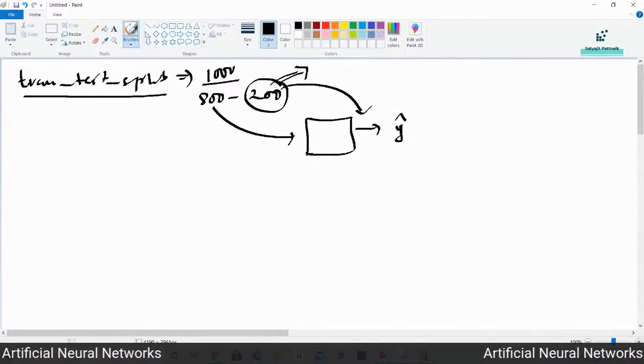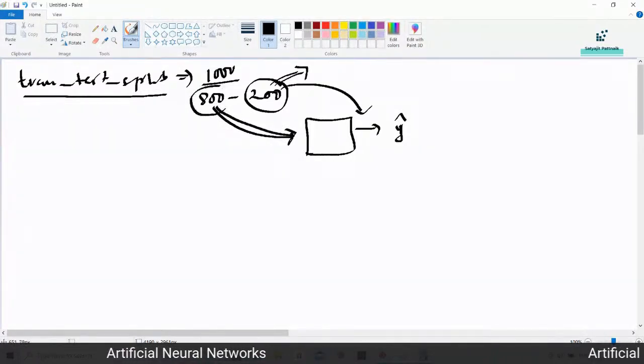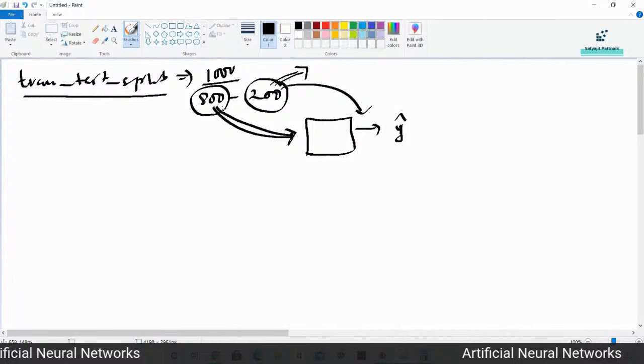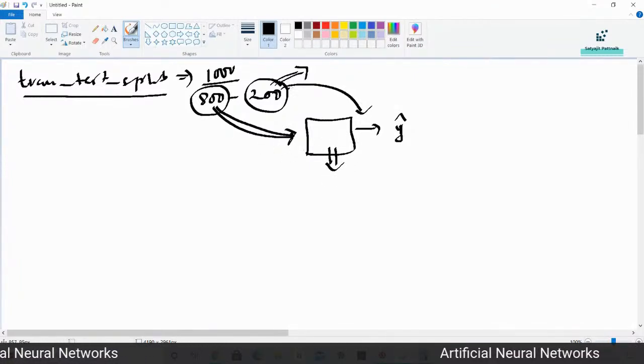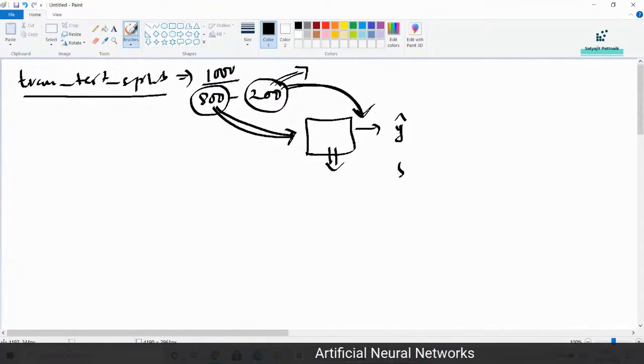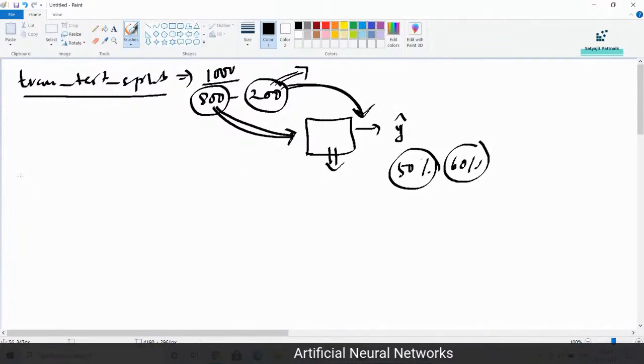In this case, your model is trained on less information. It is trained on 800 records, but boundary level information or more information is not present. So that is the reason your model is performing well on the training data, but when you are testing on the test data, probably you are getting a very low accuracy, 50% or 60%. Could be because of multiple reasons, overfitting and underfitting. Okay, so k-fold cross validation, what it does is